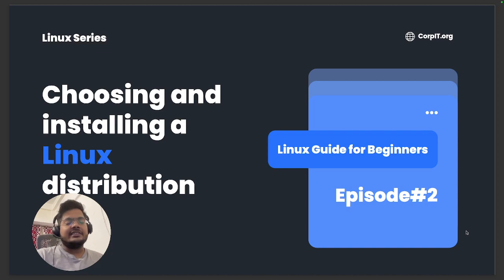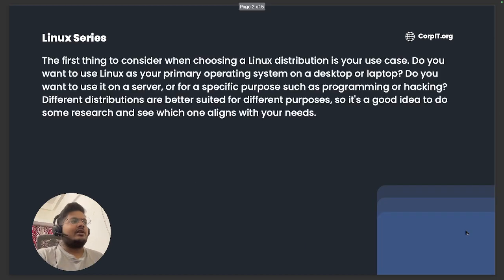In this episode we'll talk about how to choose a Linux distribution. First of all, you need to understand your use case. Do you want to use your system for professional use? If you are a coder, your main focus is to write code, so you have to choose the operating system accordingly. Or if you are a hacker or into cybersecurity, then you have to choose the Linux flavor